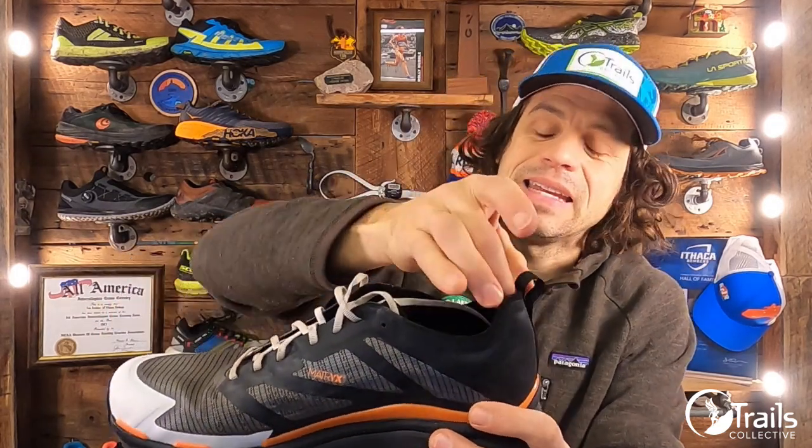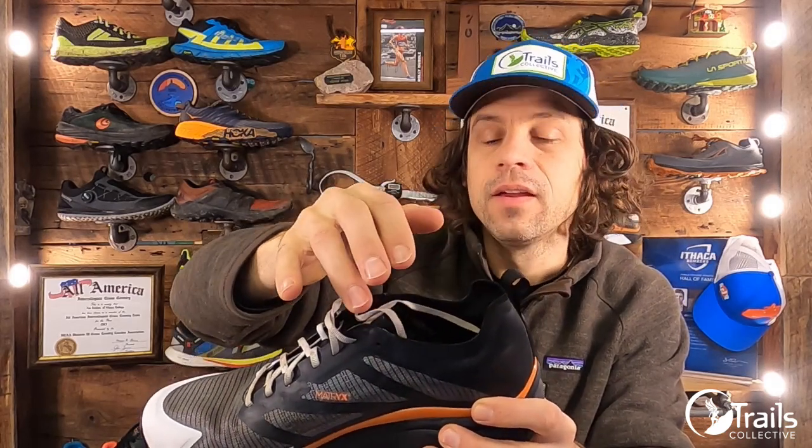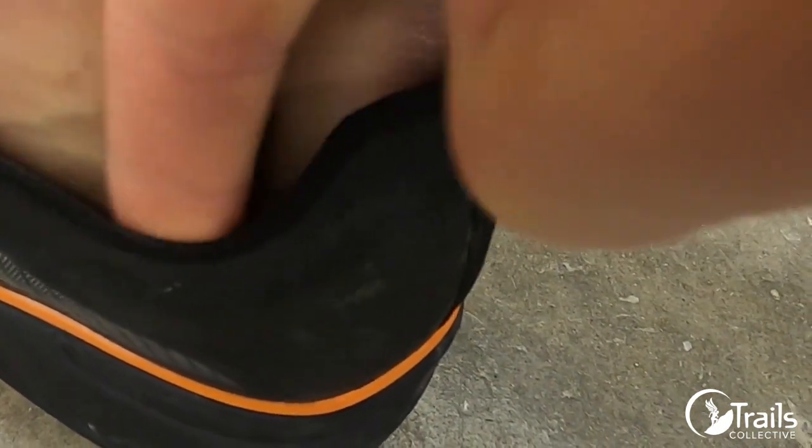Something to be aware of. Another shortcoming of the upper. The design in the rear foot or around the ankle is pretty slick. It's really soft with the pads. It's nice that they change up the traditional padded heel collar. But the downside is once debris gets down into the shoe, and it does, there's somewhat of a pocket, which